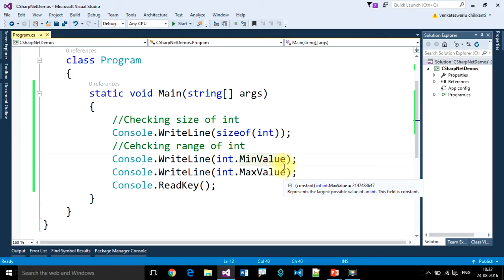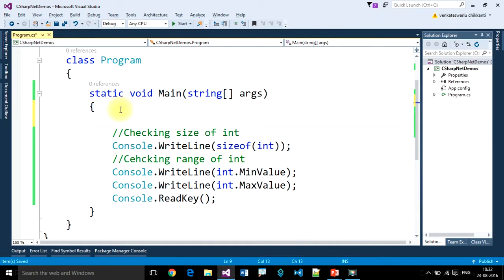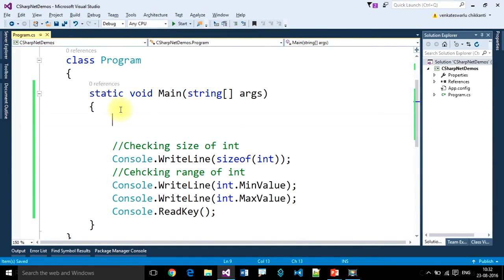To represent numbers in our C# programming language, integer is not the only data type. We have many other data types, depending on the size of the data. So integer is for some bigger values. So if we want to store a small range of data,